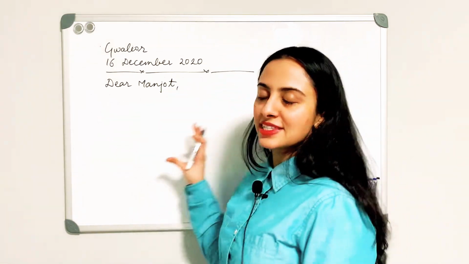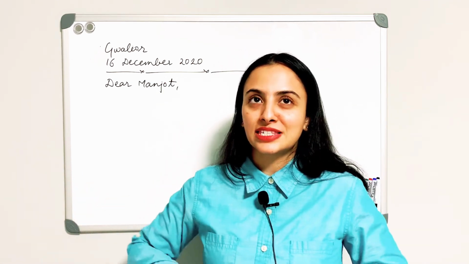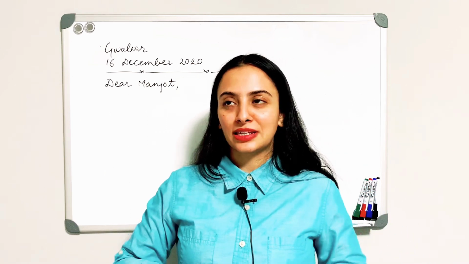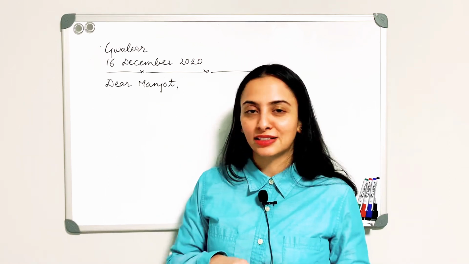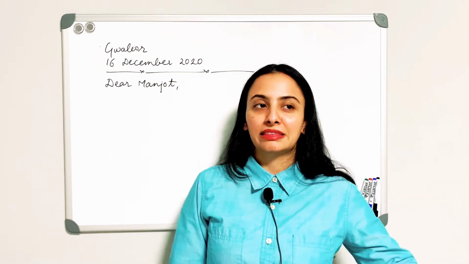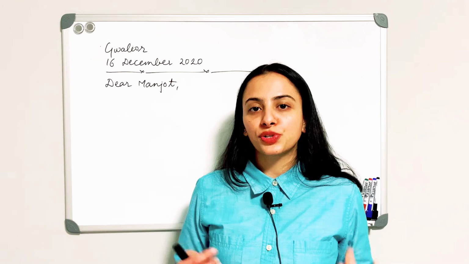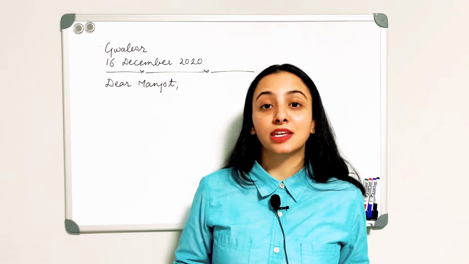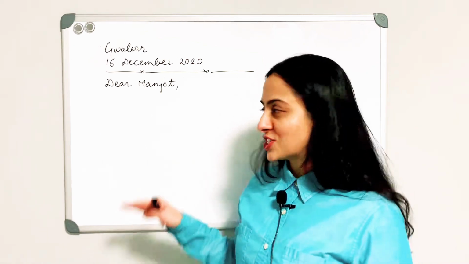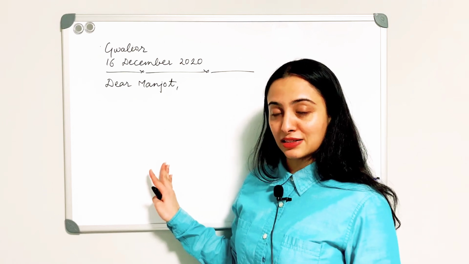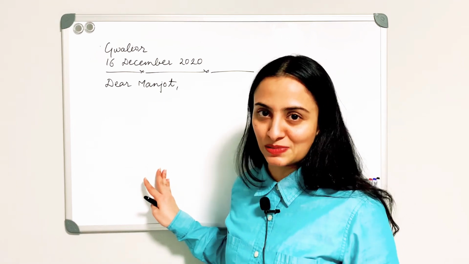and then you want to say that I am glad to talk to you, or if you're replying, you can say that I was glad to read your letter, to receive your letter, your kind words, or this made me feel that I am doing well, how are you doing? Tell something about yourself and then ask something about them, if they are well, if everything is fine. You do not go straight to the point in the informal letter. Why? Because these are personal letters. You do not talk business straight to personal people.